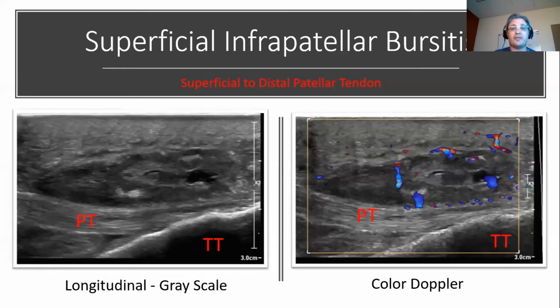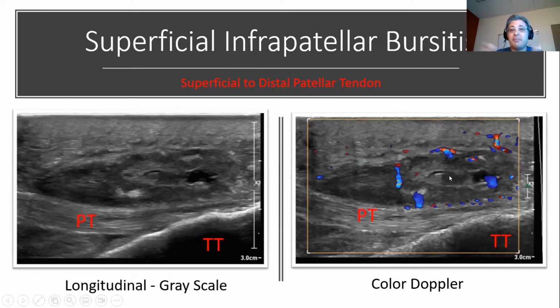And now we have the pleasure of seeing a series of sonographic images of the superficial infrapatellar bursa. Let's get oriented anatomically. The patellar tendon is this fibrillar band-like structure here that comes down to attach to the tibial tuberosity here. Right where you expect the superficial infrapatellar bursa to be, you have a complex mass. Notice this mass is mainly solid with some small cystic components, and it even has internal flow on the color